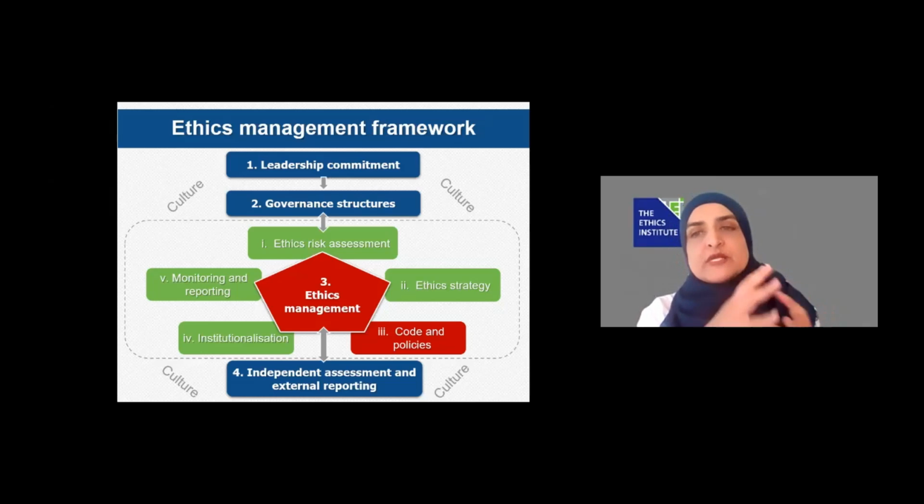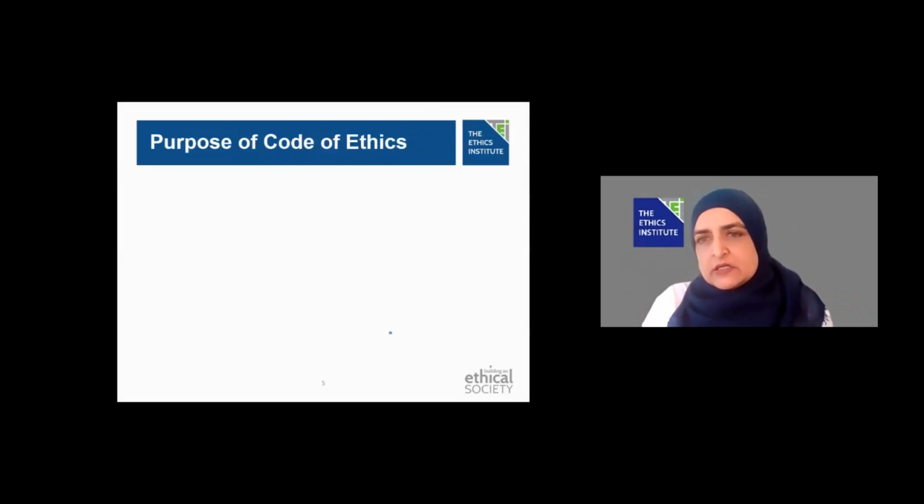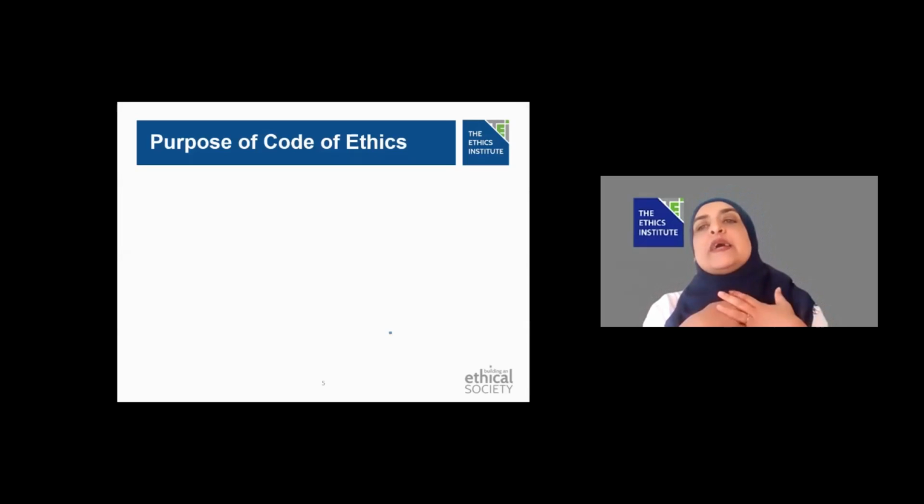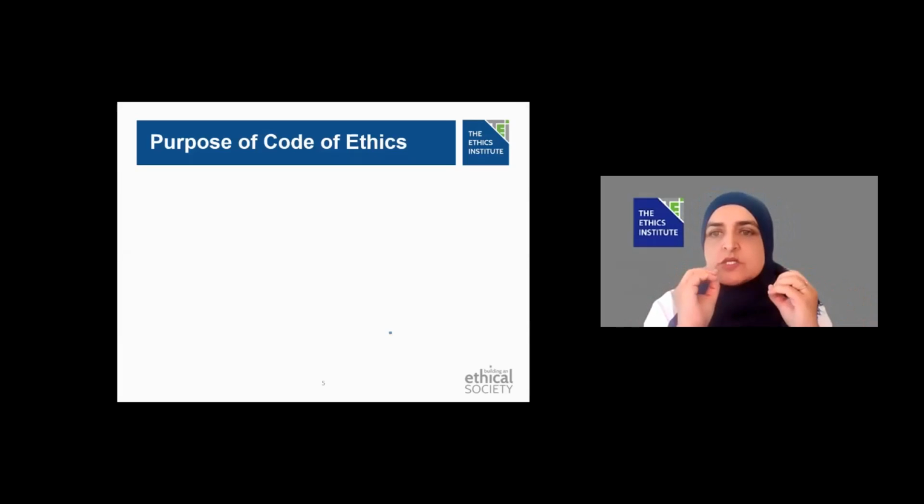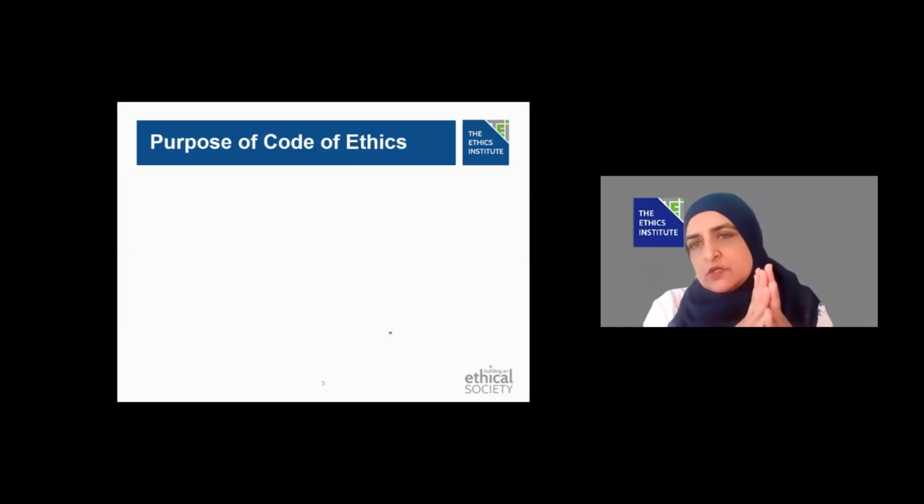So for the rest of our discussion, before we move on to drafting, it's important for us to understand where the code of ethics fits into the broader framework. Now, when we get into drafting a code of ethics, the most fundamental question that we need to understand as those of us who are responsible for drafting, or those of us that are going to provide guidance to the drafting process or to the drafters, the critical question is, what is the purpose of the code of ethics?